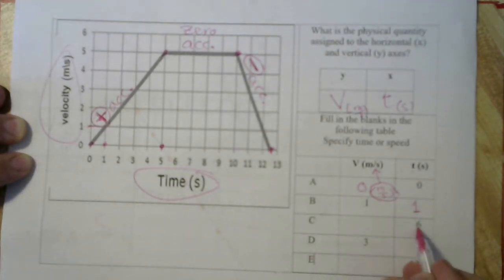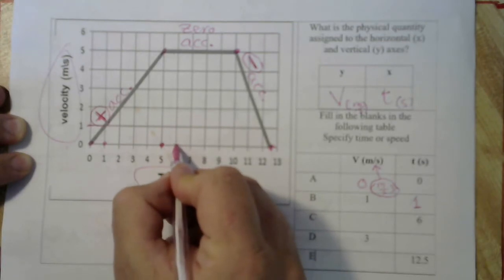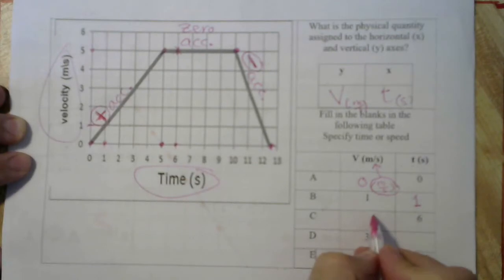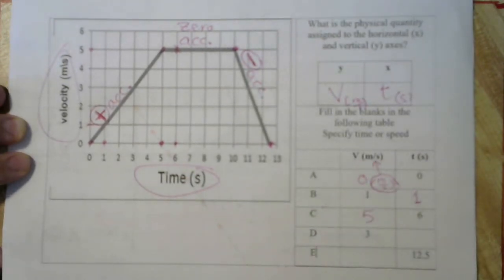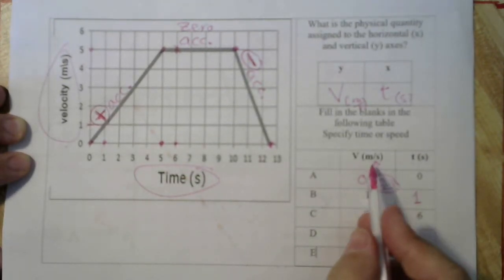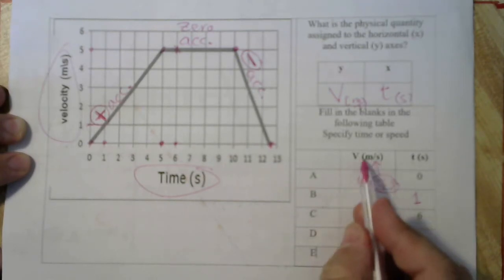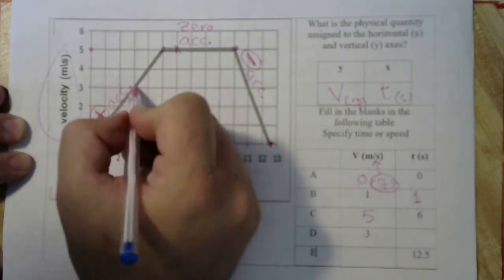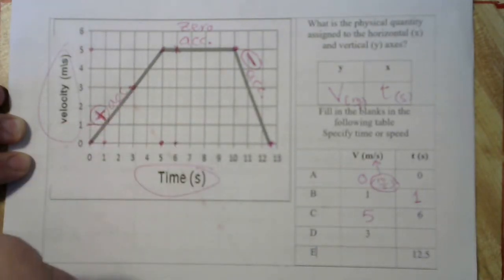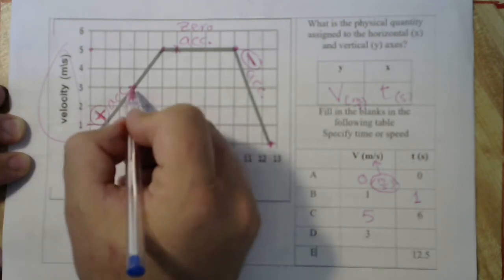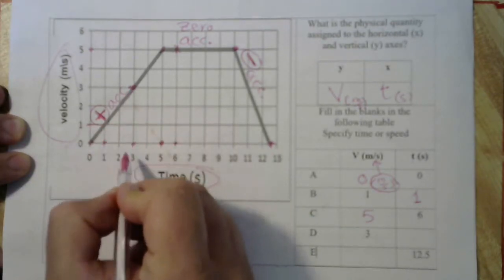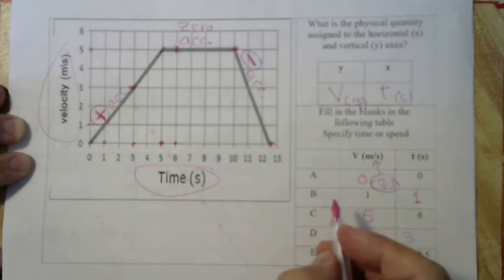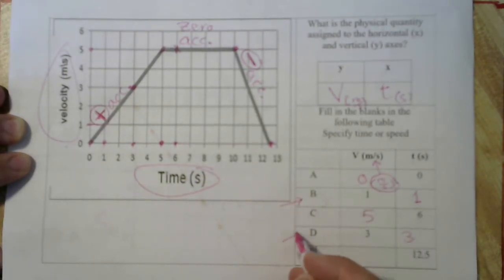How much is the velocity at t equals 6? This is t equals 6. How fast is the body? It is 5 meters per second. What is the time when the body has the velocity 3 meters per second? This is the time. Okay, it is 3 seconds. But wait, we have at B and at D